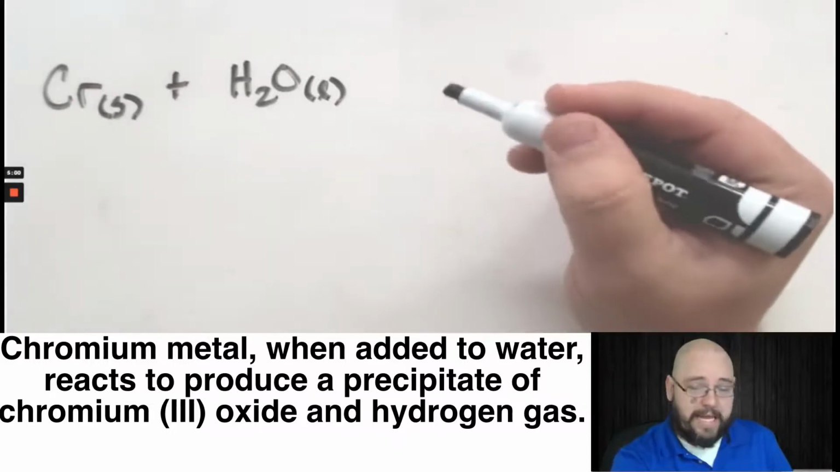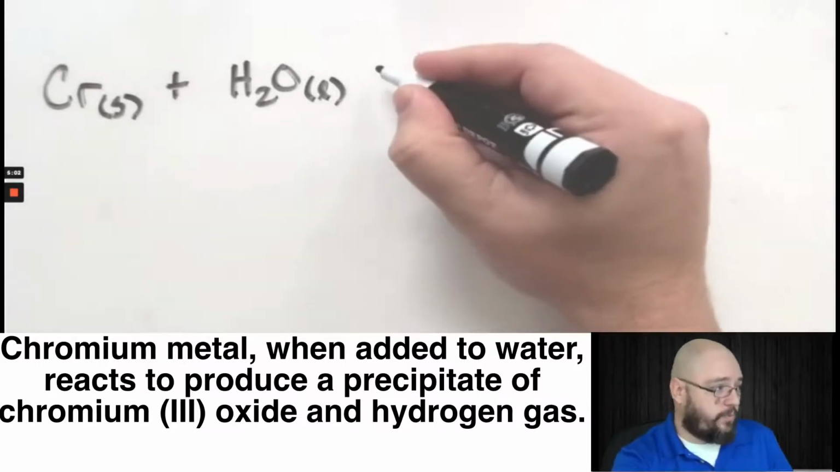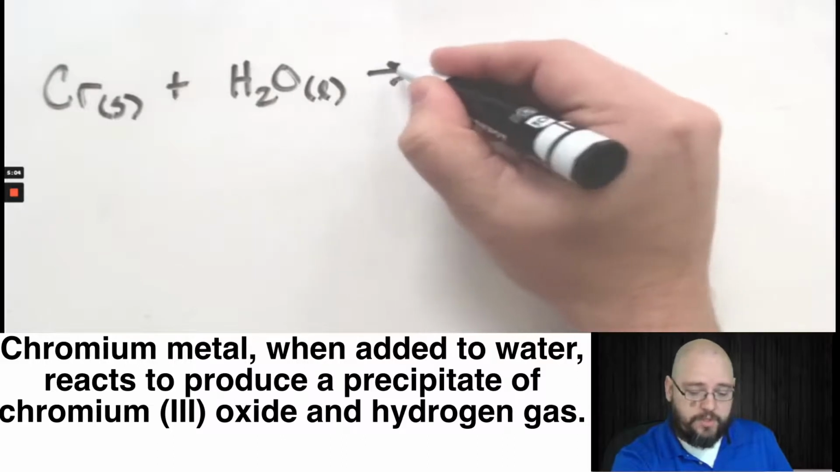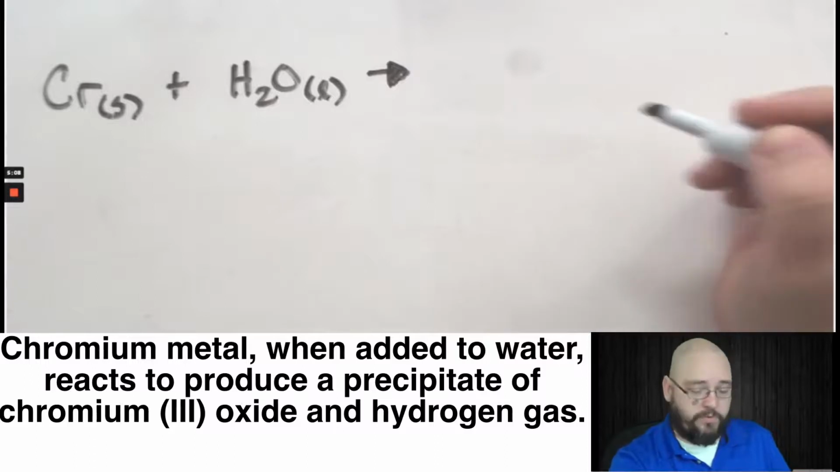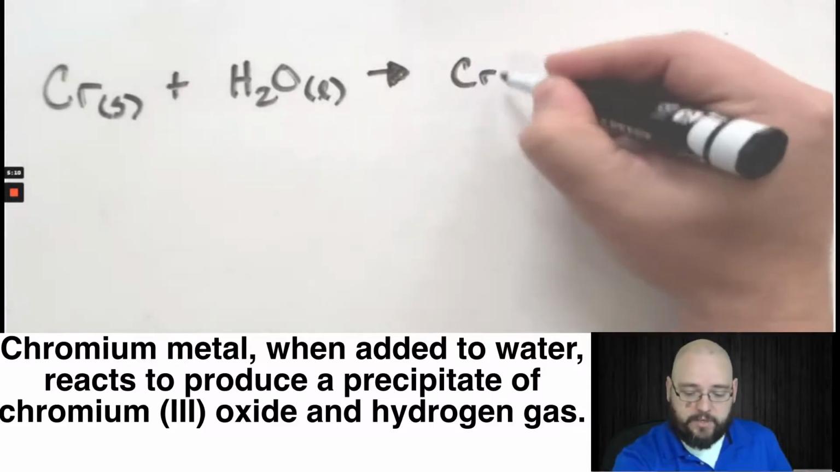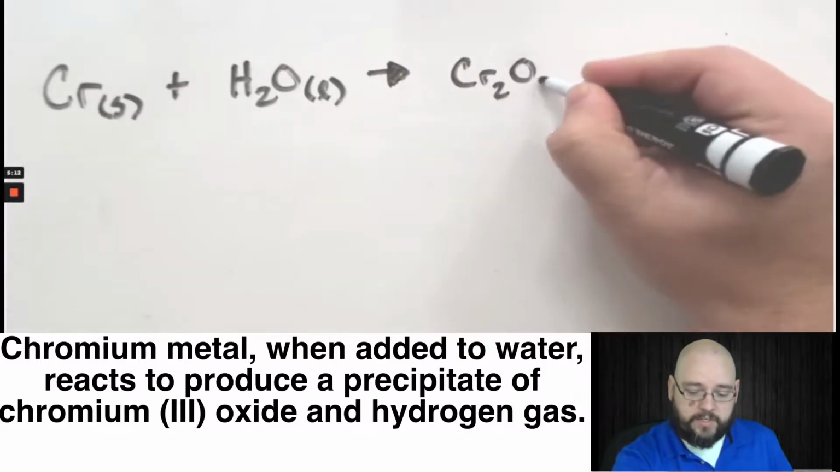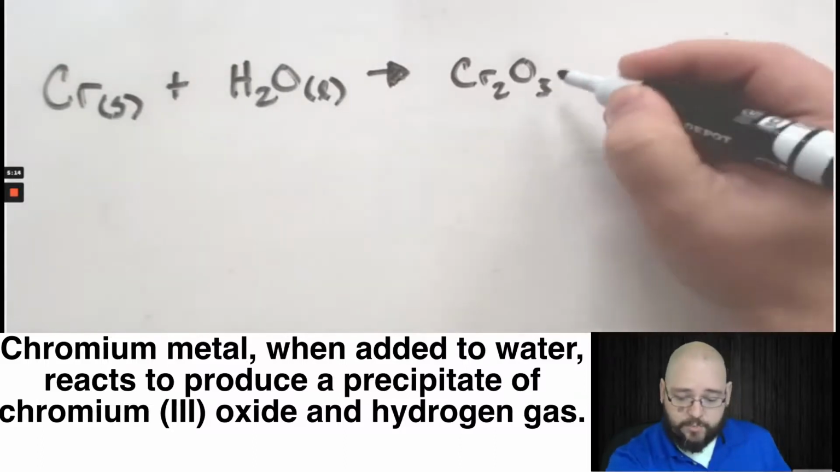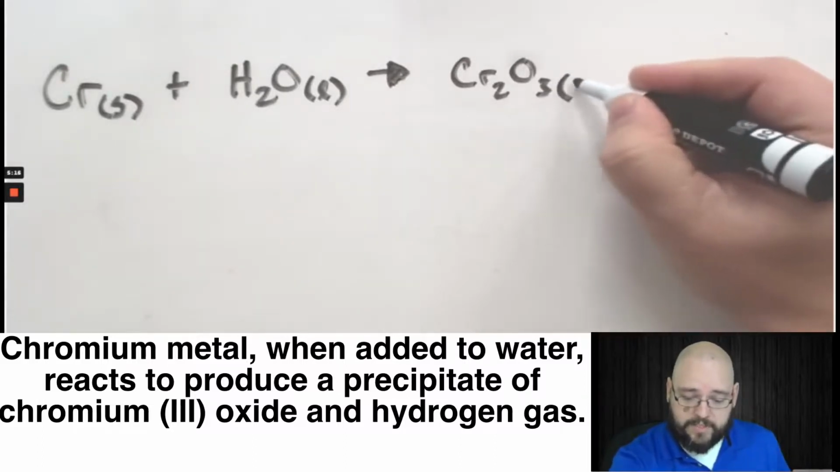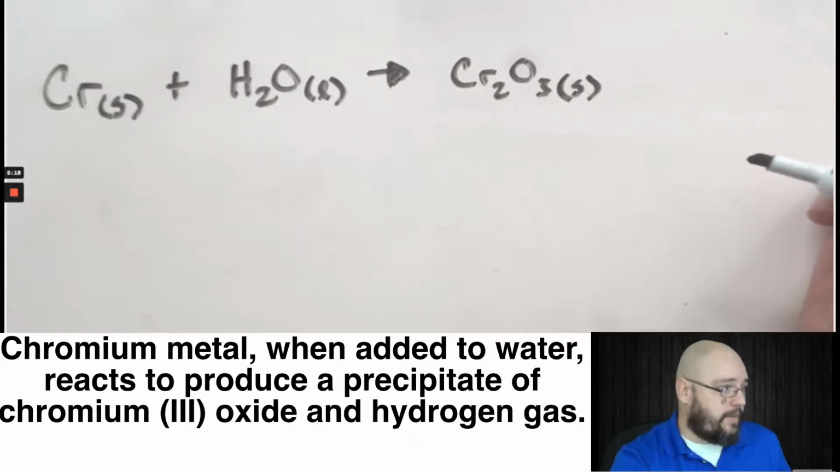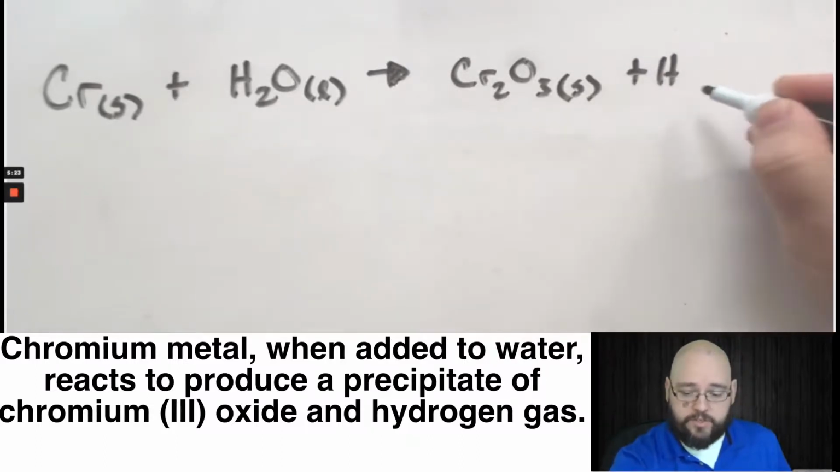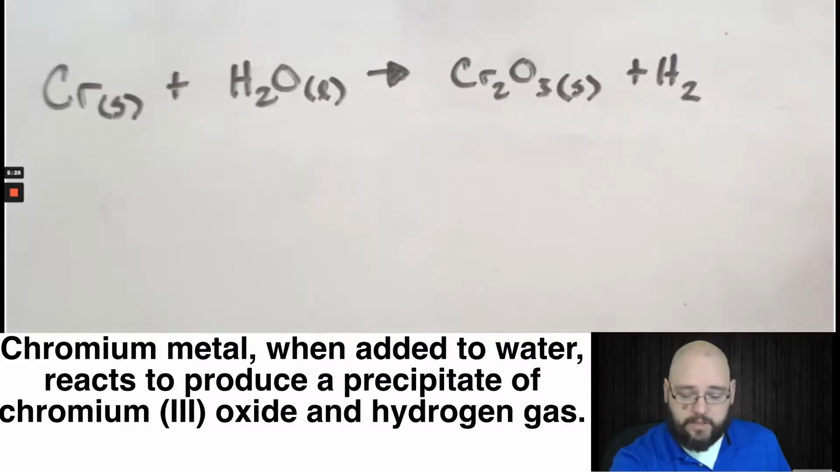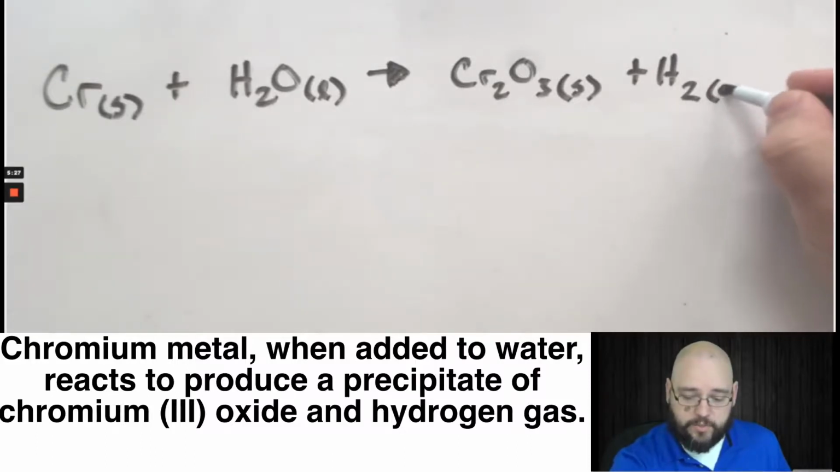So chromium metal, when added to water, reacts to produce, so there's our arrow, reacts to produce a precipitate of chromium(III) oxide. So I have my chromium(III) oxide, and it's a precipitate, which by definition means it's a solid, and hydrogen gas. So again, hydrogen is one of those Brinkelhoff elements, so it has to have the 2